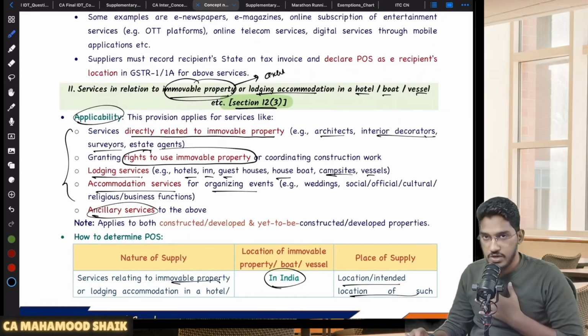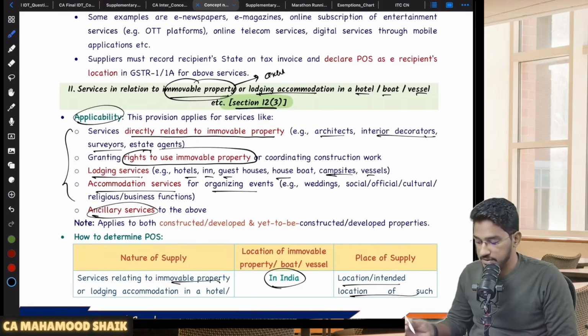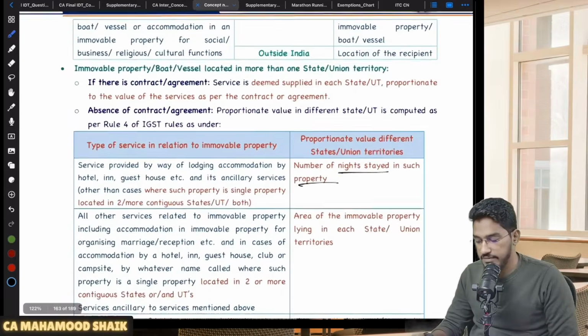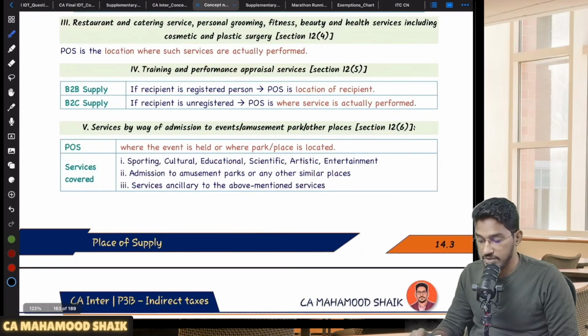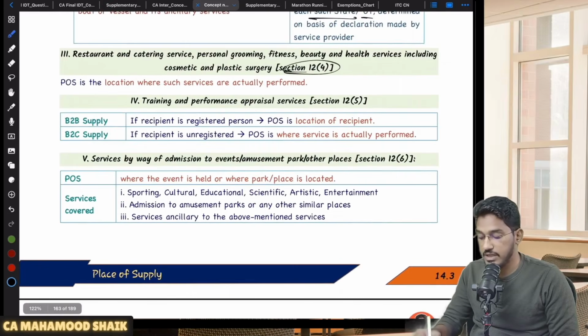Understood? So this is regarding 12 subsection 3, which is talking about services in relation to an immobile property or lodging or accommodation services in a hotel, boat, vessel, etc. So 12 subsection 3 we have completed. Now coming to 12 subsection 4. 12 subsection 4 is a very straightforward provision which covers services like restaurant, catering service, personal grooming service,